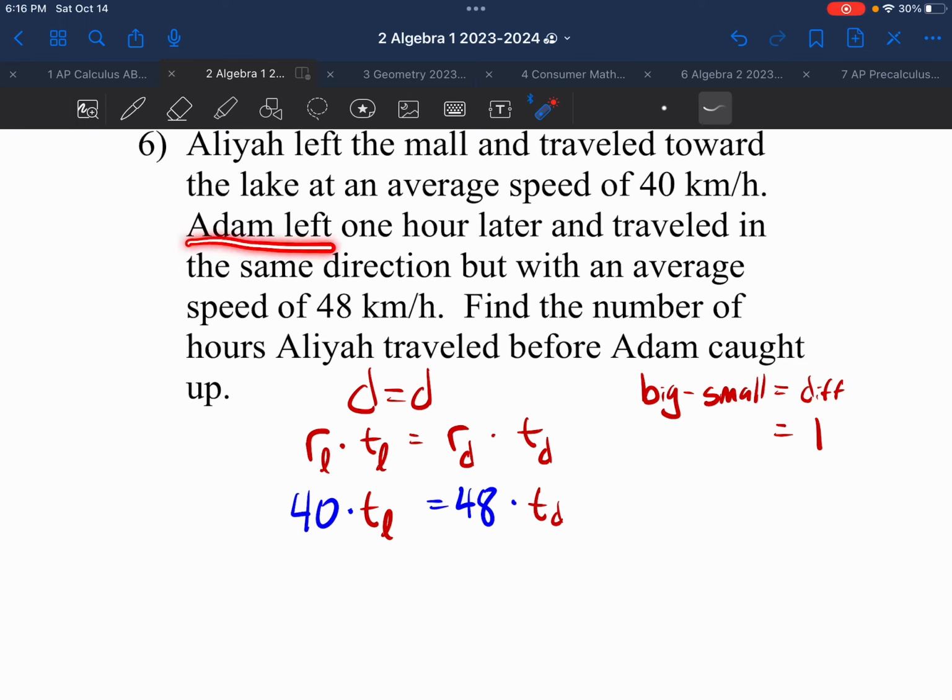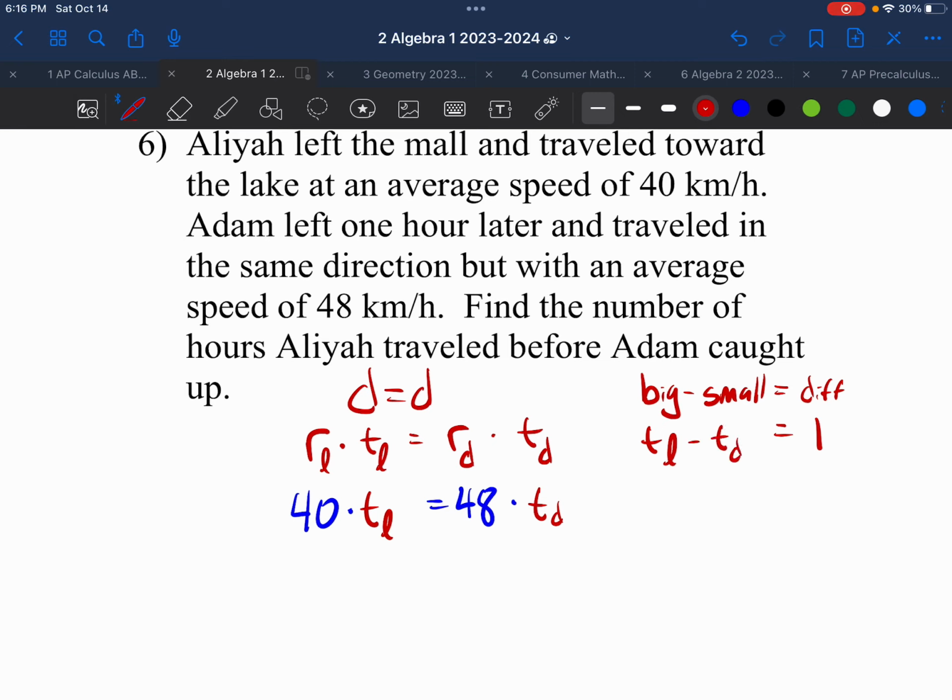So if Adam left 1 hour later, that means Adam is not traveling as long. Aaliyah has been traveling for a while already, and then Adam is going to travel less time. Aaliyah's been traveling for 1 hour, and then after 1 hour, Adam leaves. So Aaliyah's been traveling for 1 hour more, therefore Aaliyah is the bigger time. Come over here and say this is going to be T for Aaliyah minus T for the other one,